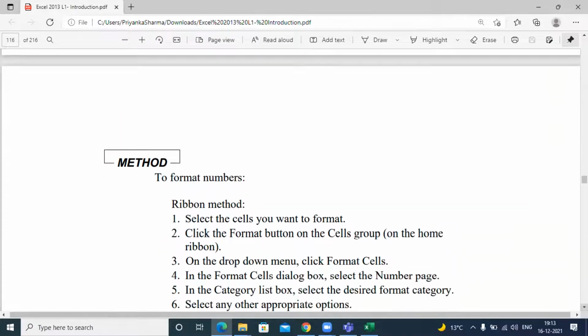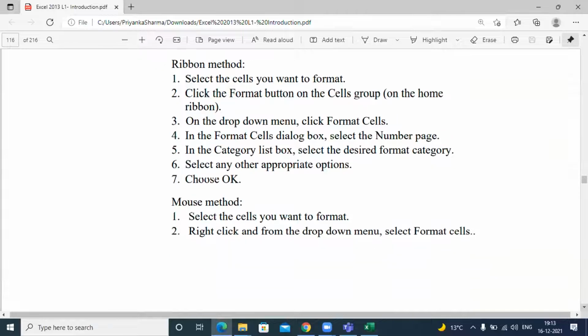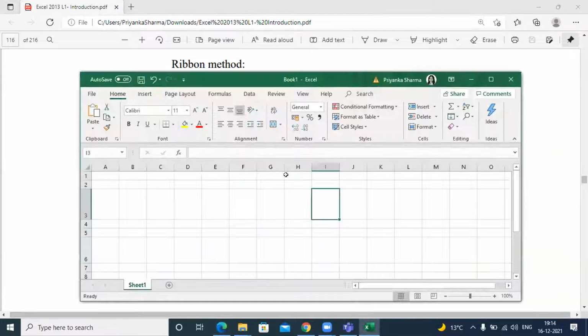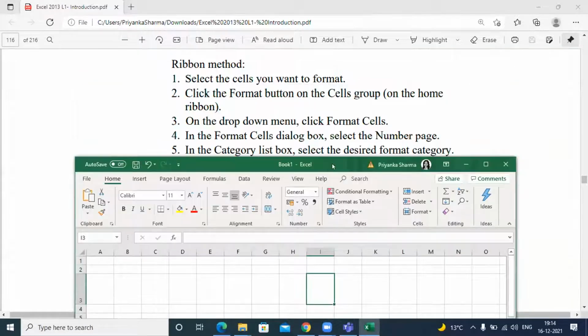Let's quickly do some steps to get a hang of it. We are going to talk about the ribbon method first of all. In order to format, select the cells you want to format. So I will click on this Excel sheet and I've got this cell. If you double click on this, you will get some options.